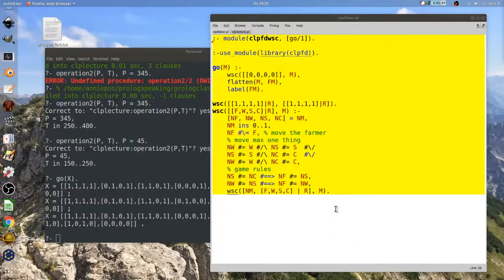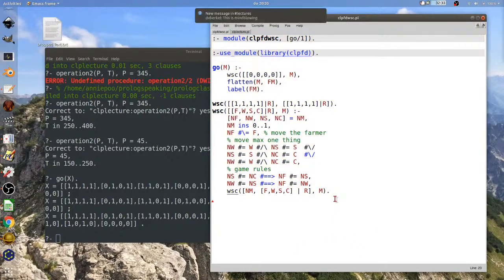So, are there questions? It's mind blowing. It's at first very counterintuitive even if you've been doing Prolog programming. But it's very, very powerful.